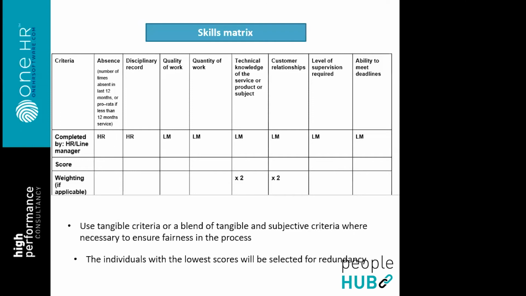I think it's worth noting as well, if you're going to include absence in your skills matrix, make sure that those absences don't leave somebody with a protected characteristic at a disadvantage. So things such as pregnancy-related absence or any disability-related absence, you couldn't rely on that as being part of the score without it being discriminatory. So if you have any cases of pregnancy-related or disability-related absences, I'd just omit them for the purpose. You can include all the other absences that person has, but for the purpose of this skills matrix, I would just omit those.